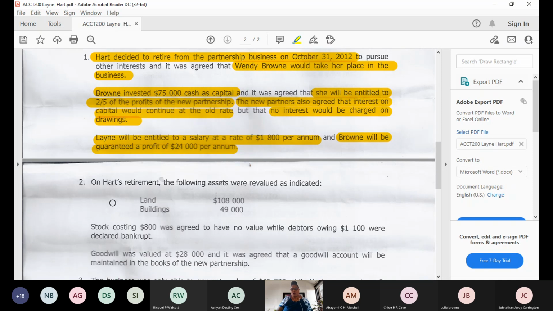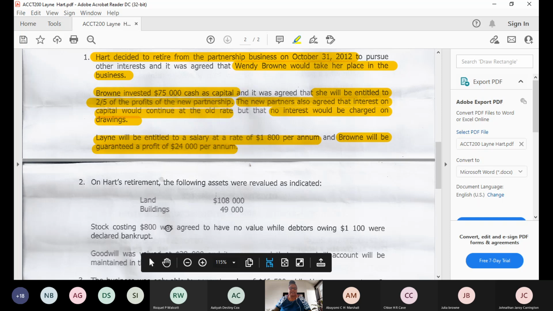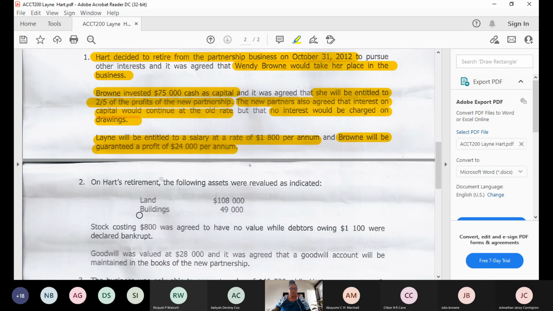Number 2, on Hart's retirement, the following assets were revalued. So we have a revaluation going on. You would have done revaluation in ACCG 100. Okay, revaluation was done in that. We are revisiting that concept in this course. So on retirement, the following assets were revalued as indicated. And please note that there is a PowerPoint presentation on revaluation. Okay,